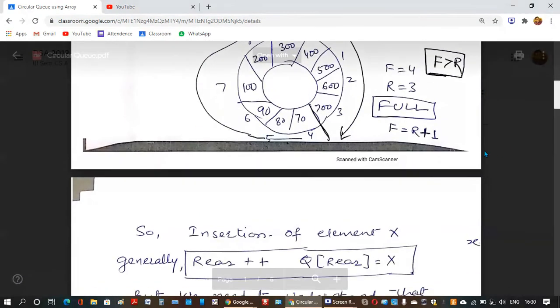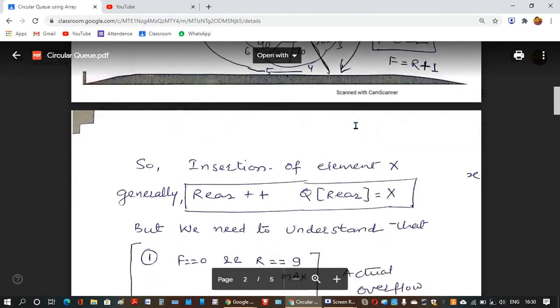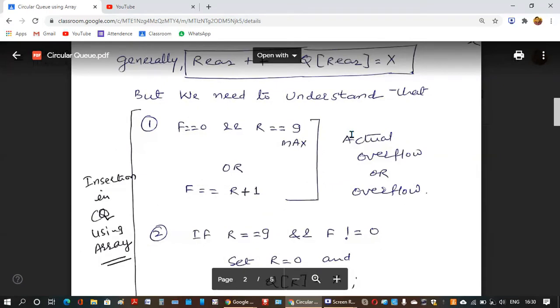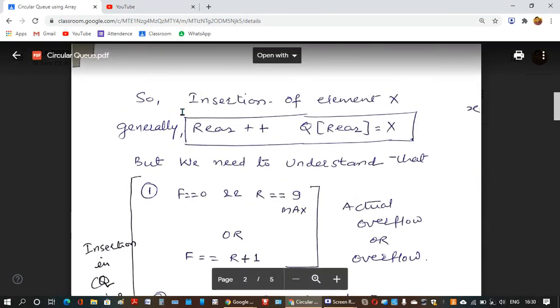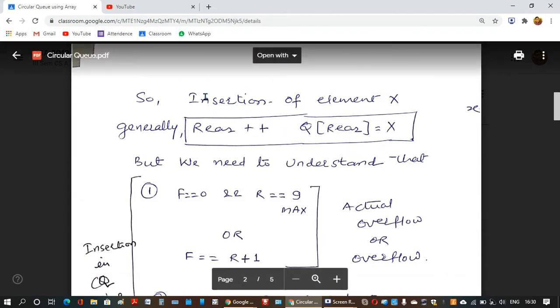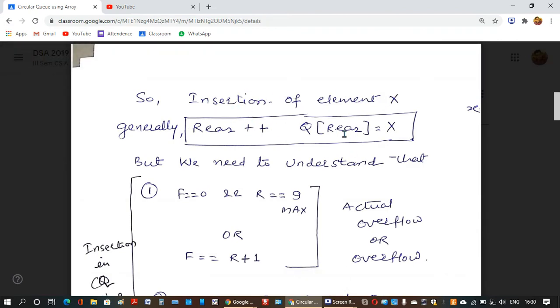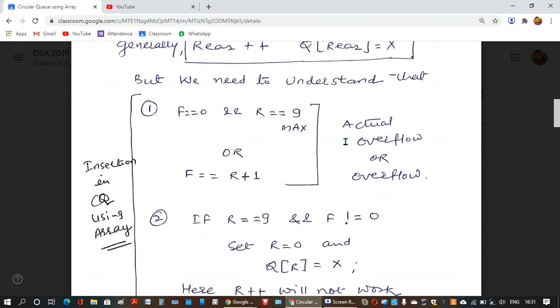So now, if you understand the insertion like this, then you can jot down the major conditions. In general, we only do rear plus plus and we insert a new element, insertion of element X. So we insert a new element at Q rear: rear plus plus, R plus plus, and then we insert the element at rear. But there are some cases which we want to take care of.